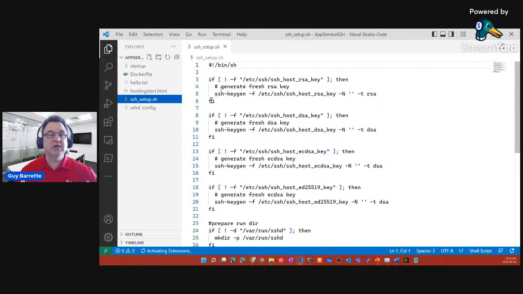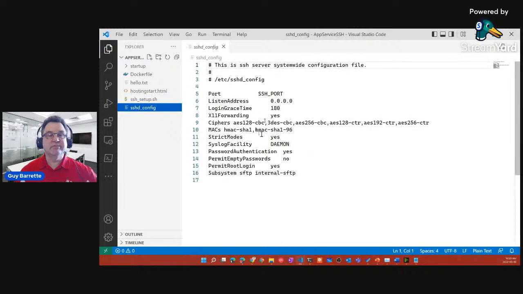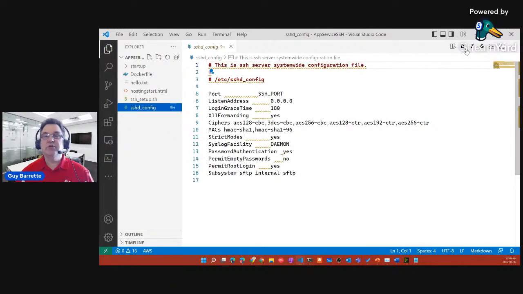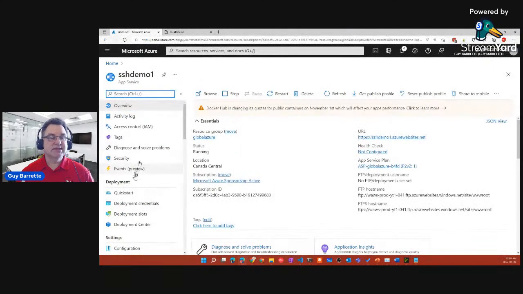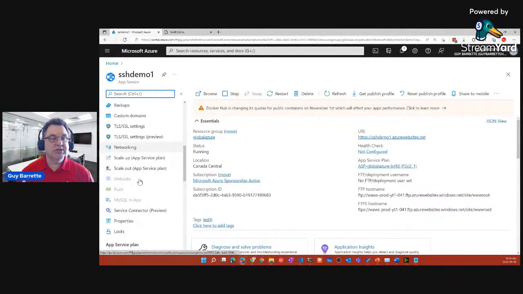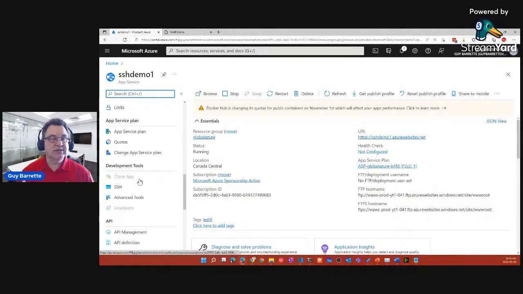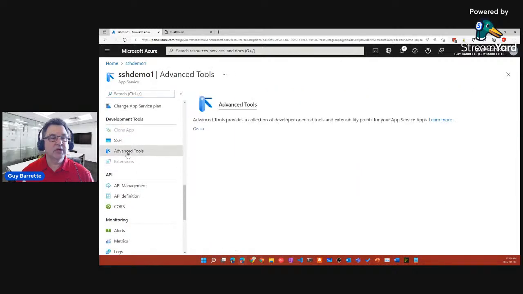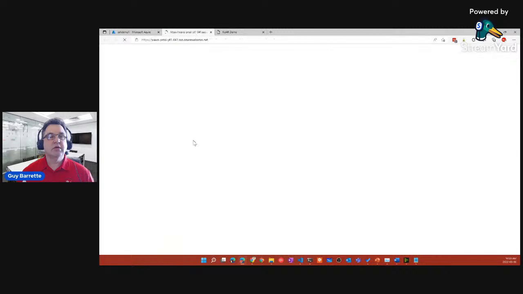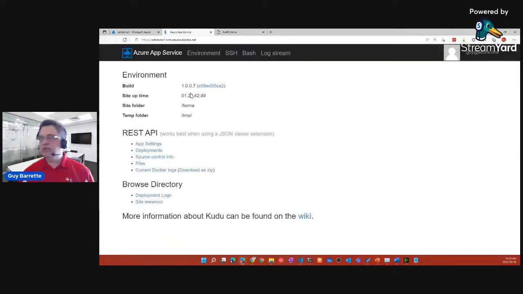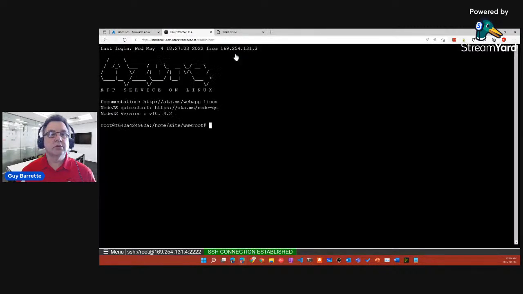There's a lot of stuff that you need to configure. It would be way too long to go through these in this presentation, but refer to the Azure documentation. So that's what I pushed inside this image here. And if I go to the advanced tools, and I click on SSH,